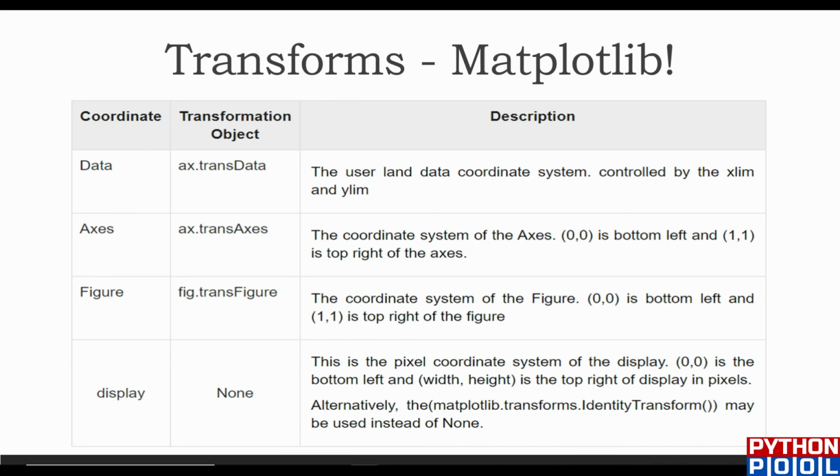If we want a coordinate plane axis, or we want the axis to be shown such that the left one should be the x-axis and the bottom one should be the y-axis, we could define it as per our convenience. Then transFigure: just as with the axis, we could define the figure also. And display none would be nothing but, if we don't want to display a certain set of things, we set the display as none, because by default display has a property. So setting it as none would automatically override that, and we get our desired data.